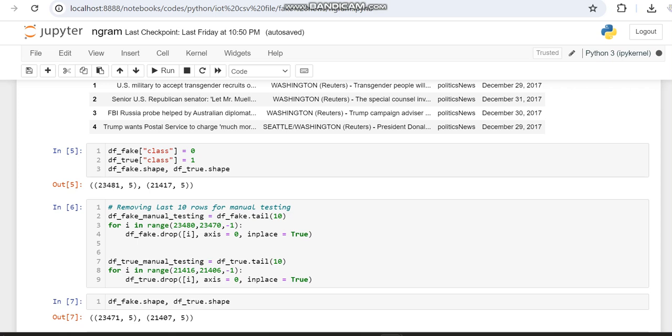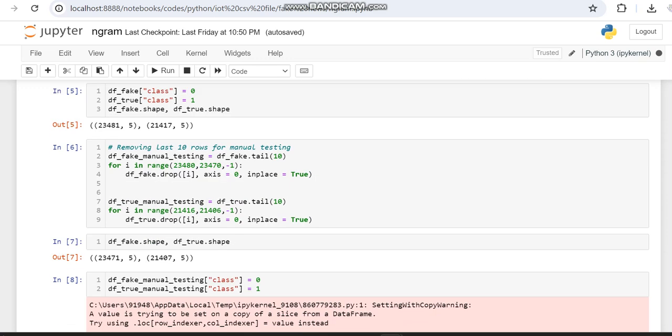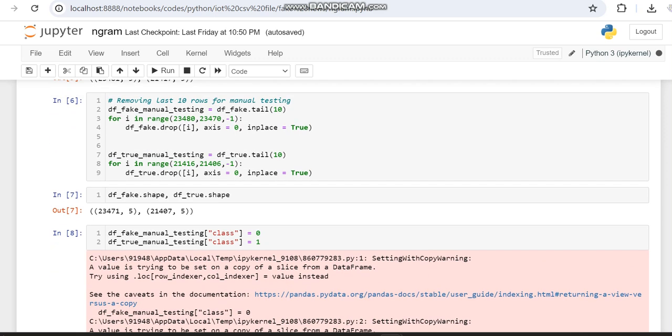Then we are getting the manual testing values,